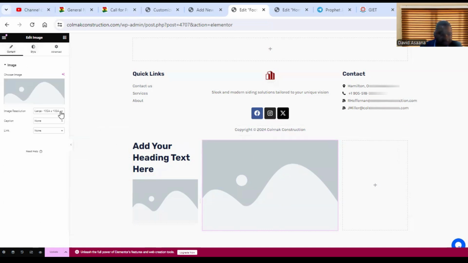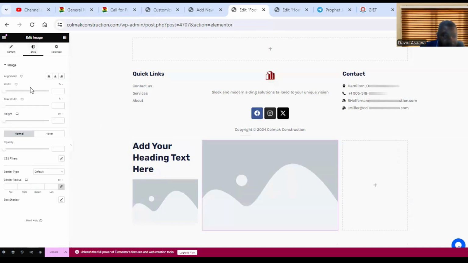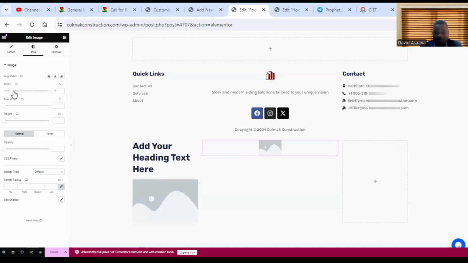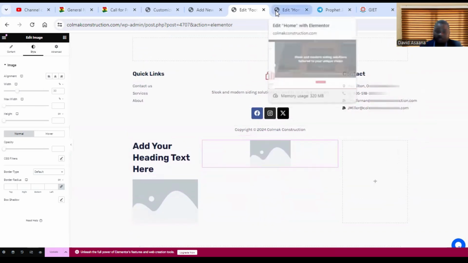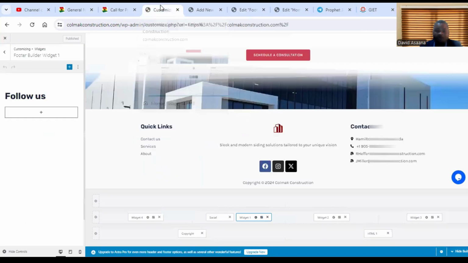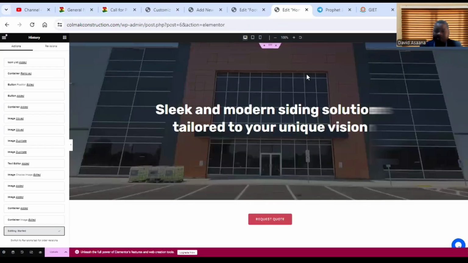Okay. You can resize it. Let me just choose this one. Let's see, medium. Okay, so this is the resolution. I am looking for the size. Let me see whether the width. Okay. So you can come here. This is the one to use to resize it. The width, the max width. This is the one you use to size it, and how it should be. So we have the width, we have the height, and all that. You will use this one to do all those things. Now, if you follow this at the end of the day, you will be able to design some very nice